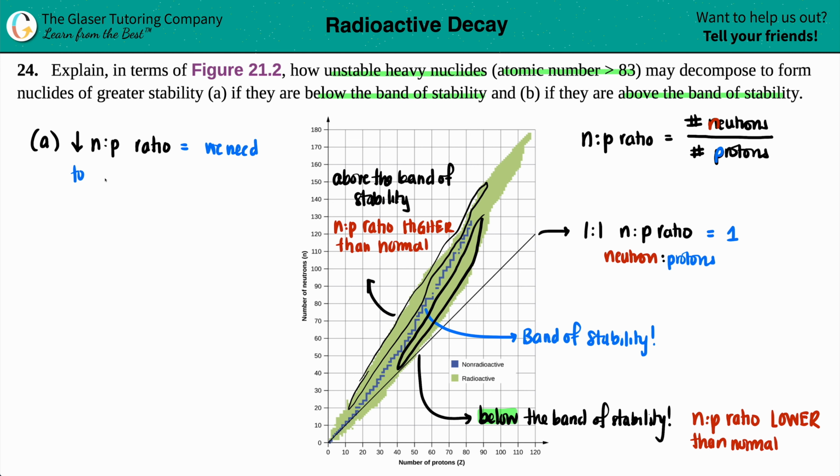We need to increase this ratio to become stable, or more stable. So there's only two types of radioactive decay forms that can increase this N to P ratio. So the first one